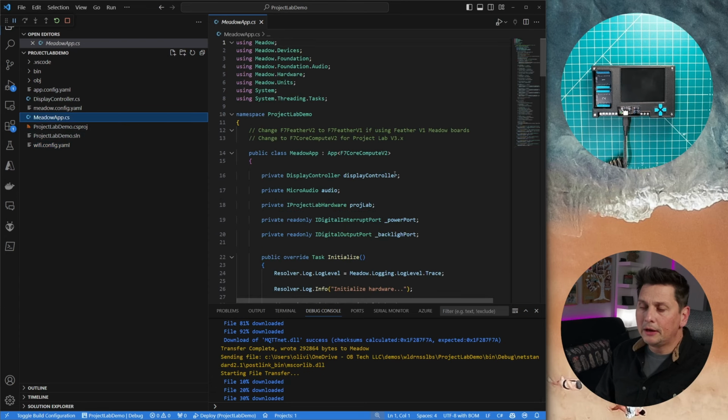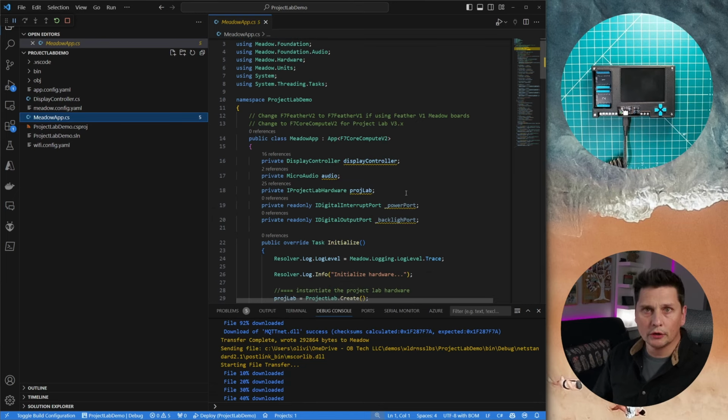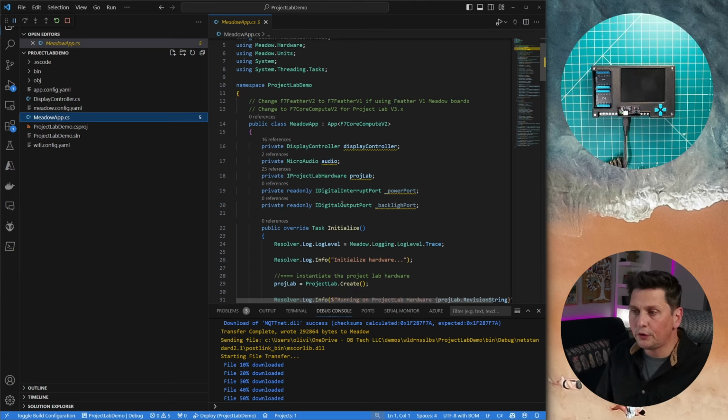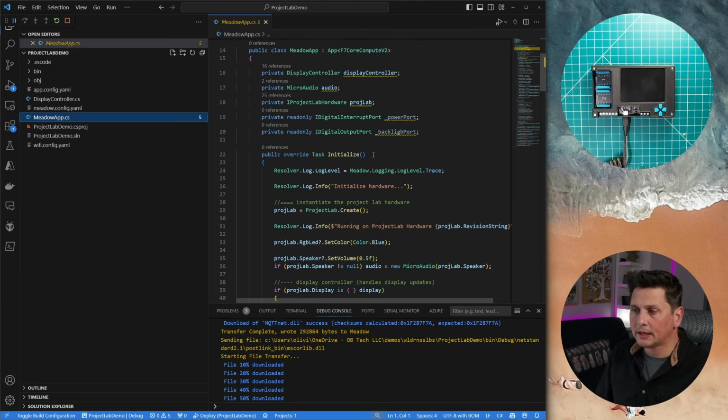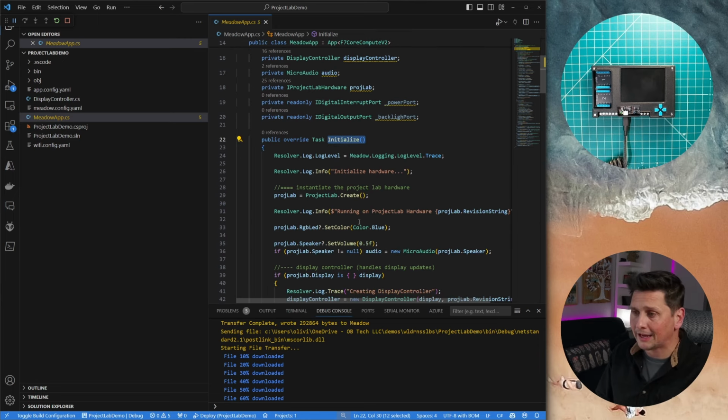And then the Meadow app itself, if you've been doing some embedded development or Arduino development, you might be familiar with this notion of initializing the application and then running it, right? Some platforms will use a continuous loop. There's no loop here in Meadow, but there is a run function, right? So the first function that is in all the applications is initialize, where you set up the hardware, you set up your application, your variables, whatnot.